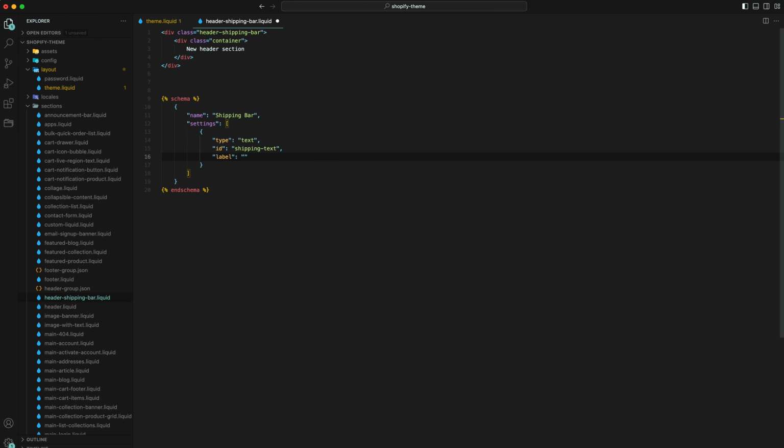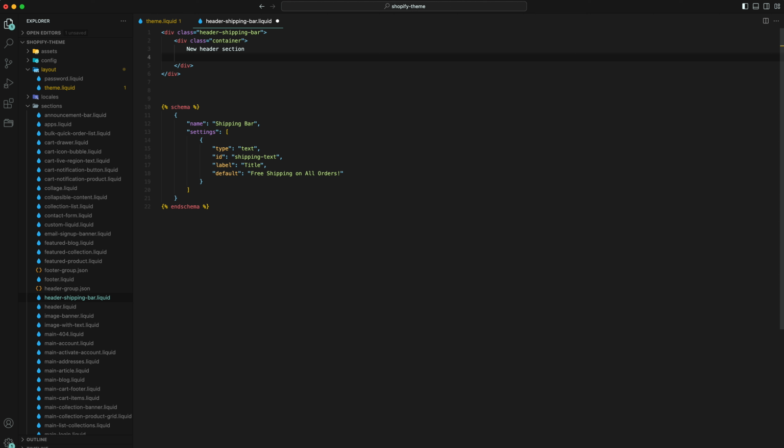label of title. Then by default it would be free shipping on all orders. So if you go there, now what we're gonna do here is over here we will create section dot settings dot